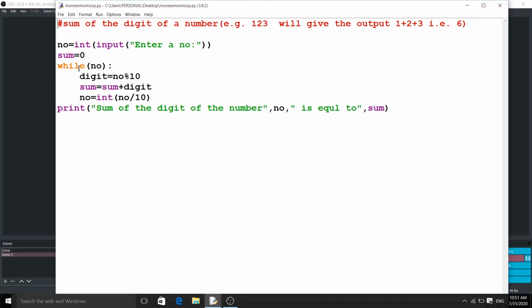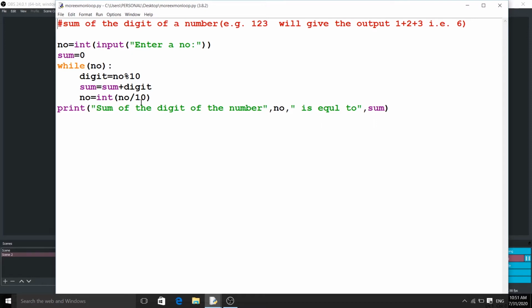Now we are going to use a while loop. While number, that implies it is equivalent to the statement while number is not equal to 0. So this loop will continue only while that is true, because in the third step inside the while loop, number is int of number divided by 10.